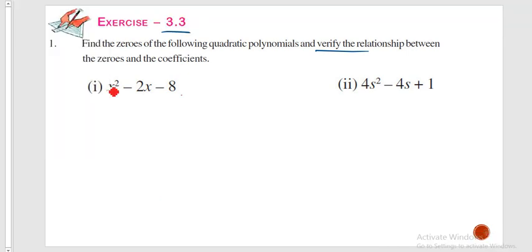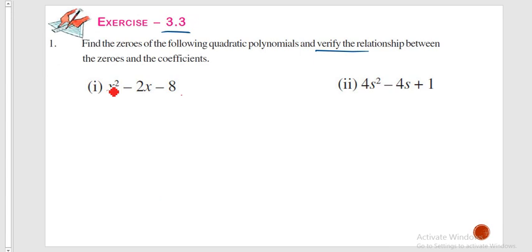Now let us see x square minus 2x minus 8. So how to find out the zeros of this particular polynomial? So we are going to learn about this, right? So the first problem, listen carefully so that you can easily understand. I will go with a slow explanation, so then after you can continue with the next problems.